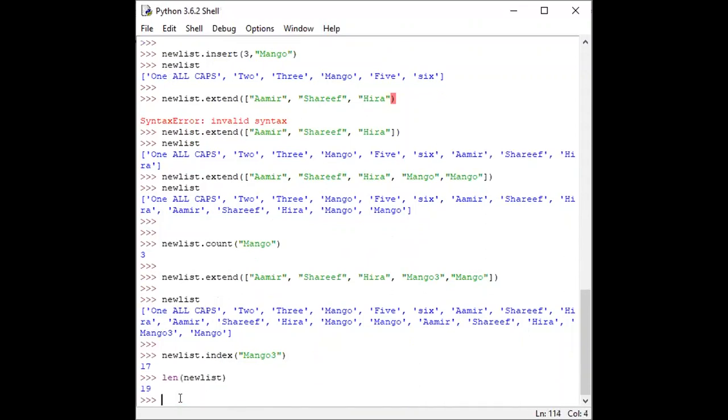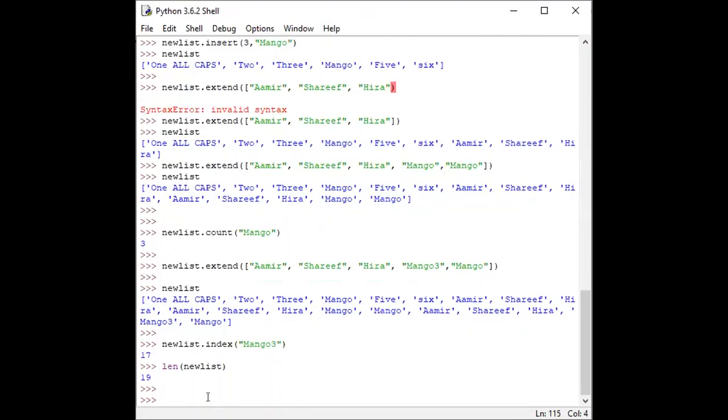The total number of values present in the list is 19. So this is actually the 18th address, the last address, because the first address is the 0 address. So 0 to 18 is a total of 19, and this is the 17th address. So in this way we can find the particular address of the value or object from the list.